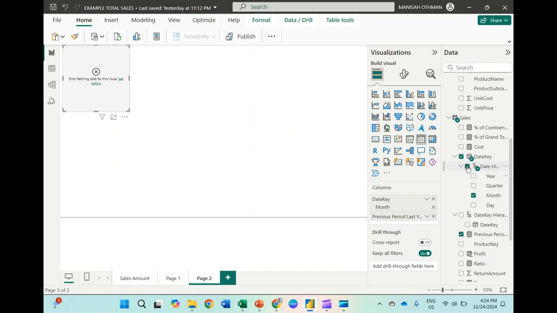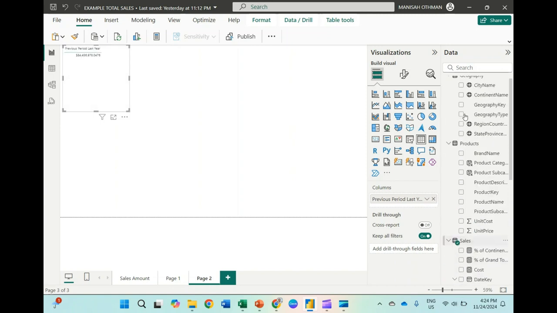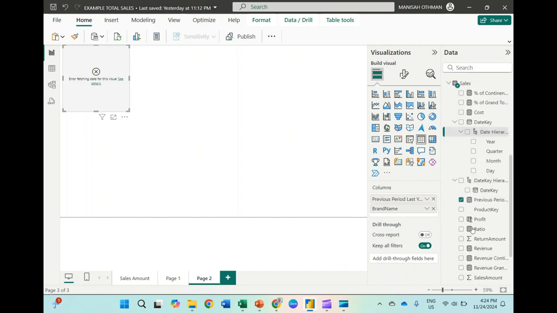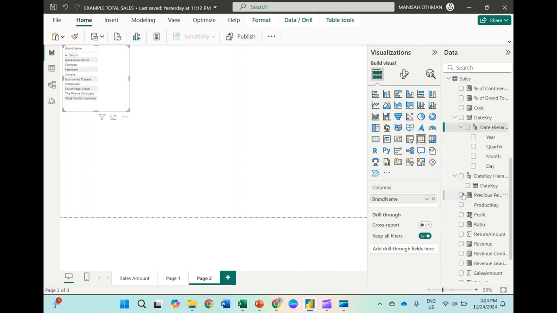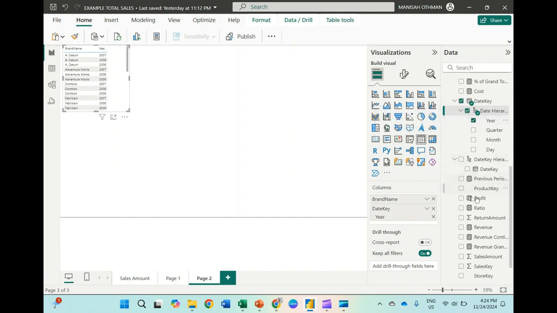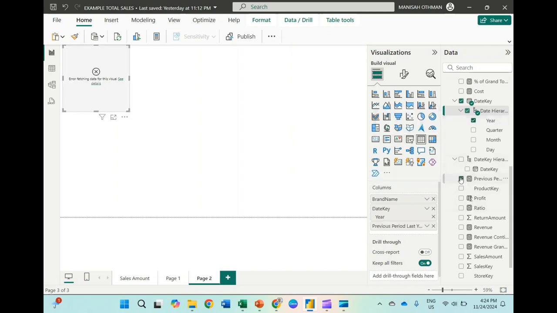Sorry, not based on the month, based on the brand. So brand, and then we want to display using brand and then year and previous year.